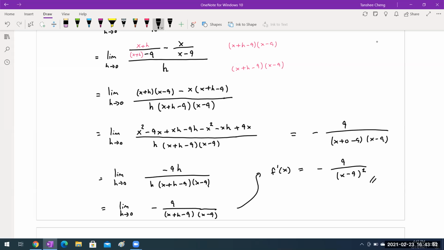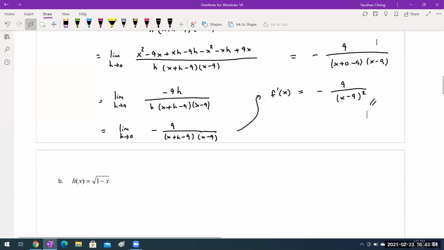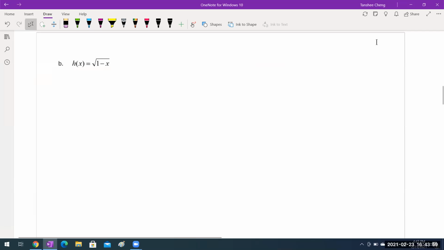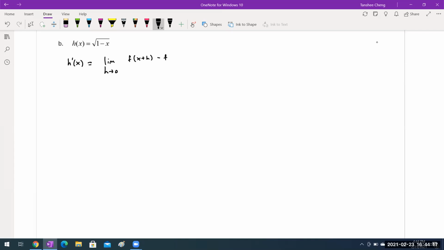Let's take a look at the next example. And this time we will be looking at radical functions. So when we take the derivatives of these radical functions and use the same formula, right? So h prime of x is equal to the limit as h approaches 0 of f of x plus h minus f of x all over h. Substituting this into the function,